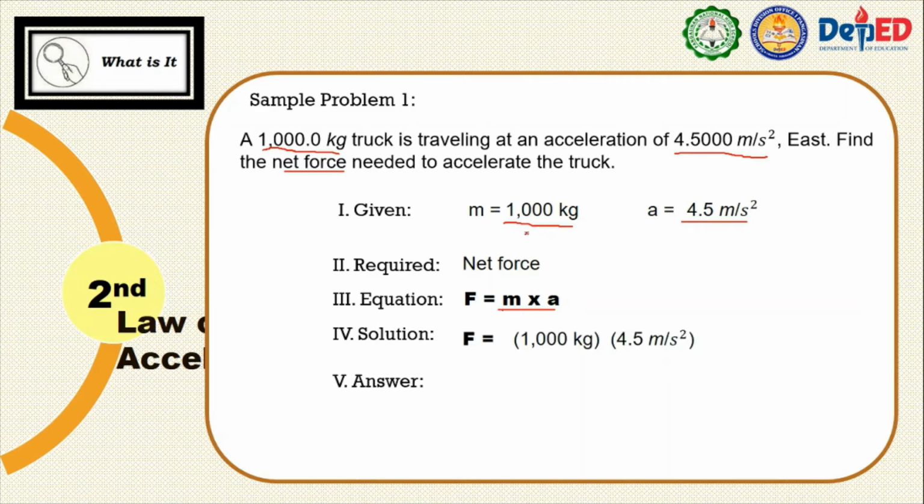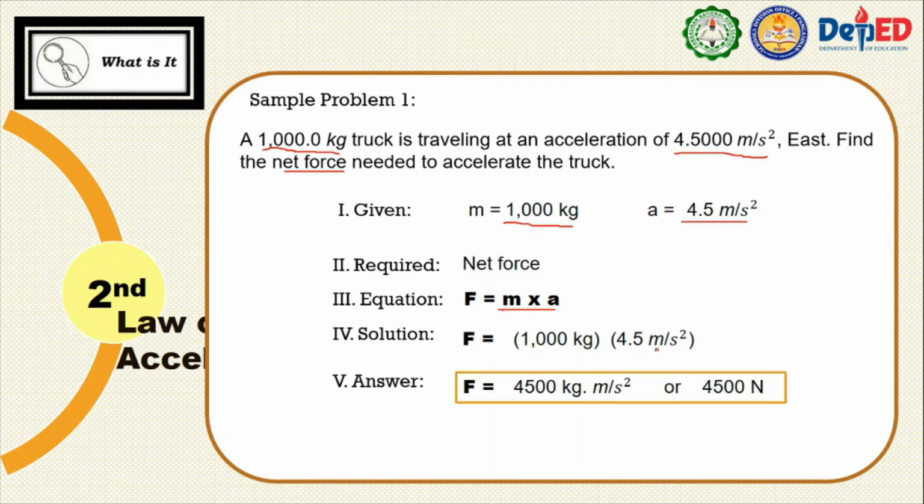Ang value ng m ay 1,000 kilograms times ang value ng a is 4.5 meters per second squared. So, ita-times mo lang yan, 1,000 kilograms times 4.5 meters per second squared at ang final answer ay